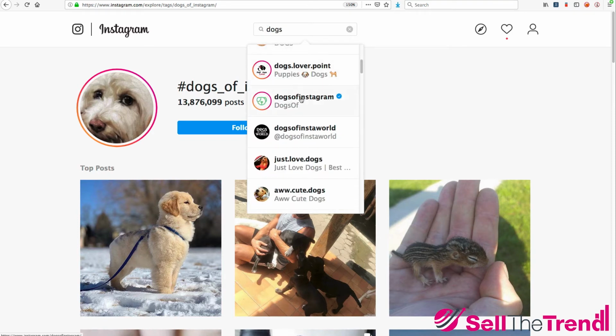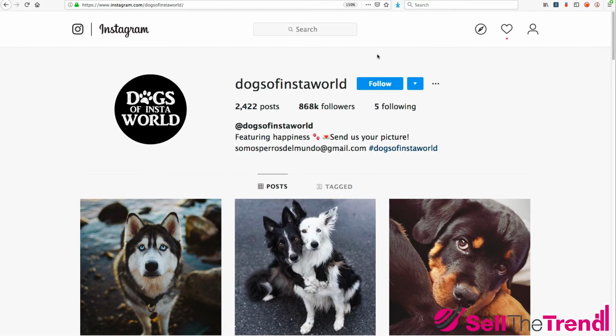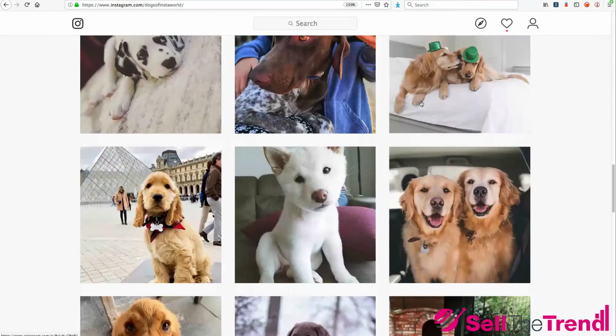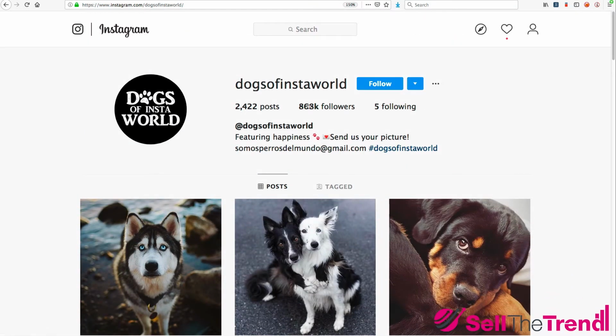Now here, instead of hashtags, you're going to get actual pages right away. It's going to link you to actual pages about dogs. So let's click on this one, for example. Okay, here we see another page about dogs, obviously, and this particular page has 868,000 followers. And right at the top here in this little info section, you can see an email. So this is obviously somebody who is entertaining business inquiries, or could be entertaining business inquiries. So this is how you can search for niche specific